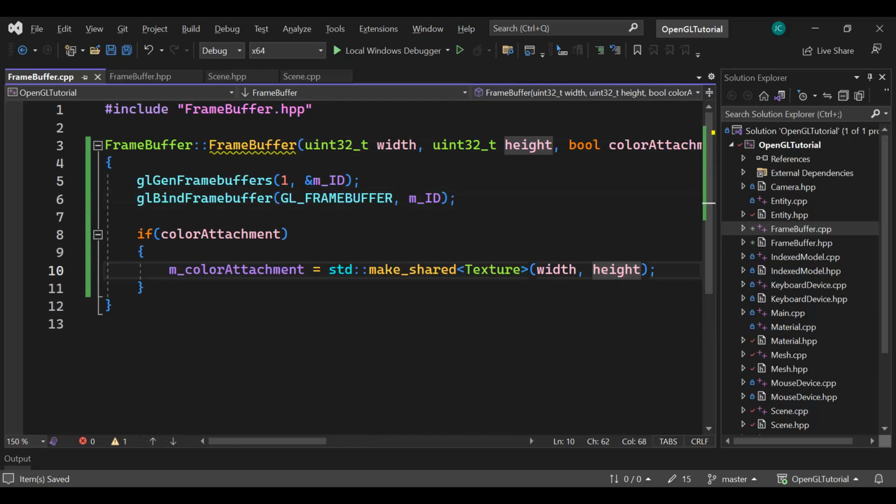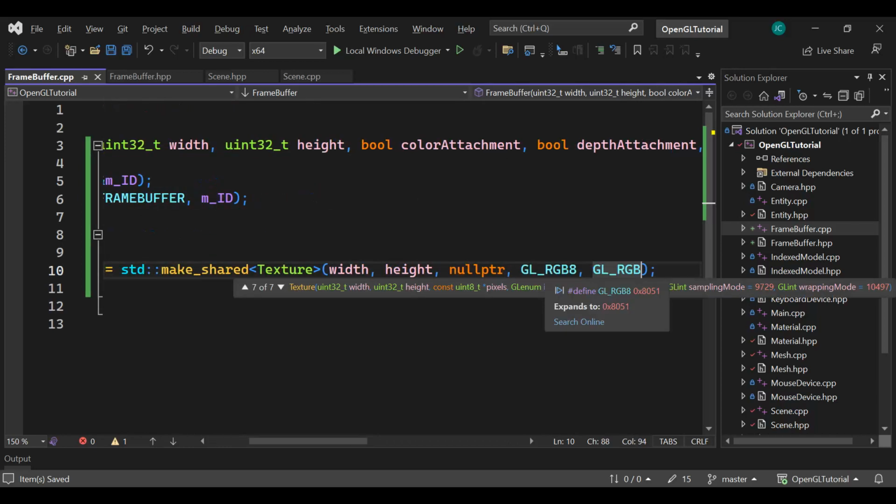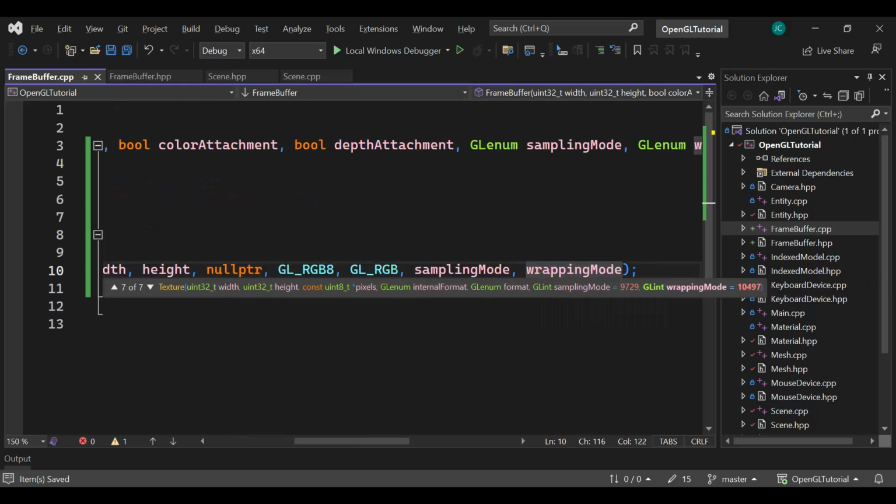We won't set the texture's pixels, so I'll pass in a null pointer. For the internal format, I'll pass GL_RGB8, and for the format, I'll pass GL_RGB. Finally, I'll pass the sampling mode and wrapping mode for the last two parameters. Now we need to tell OpenGL to render to the texture we just created. To do this, we'll call